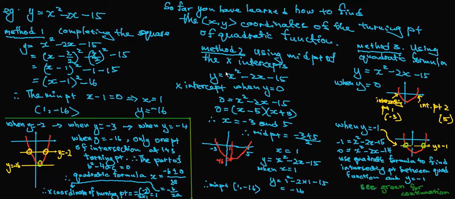You do not need to go through this step. You just take minus the value of b, in this case minus 2, substitute inside, divided by 2 times the coefficient of the x squared term a, in this case 1. Just substitute. Okay, so 2 times 1. So you get 1. Okay. Hopefully this